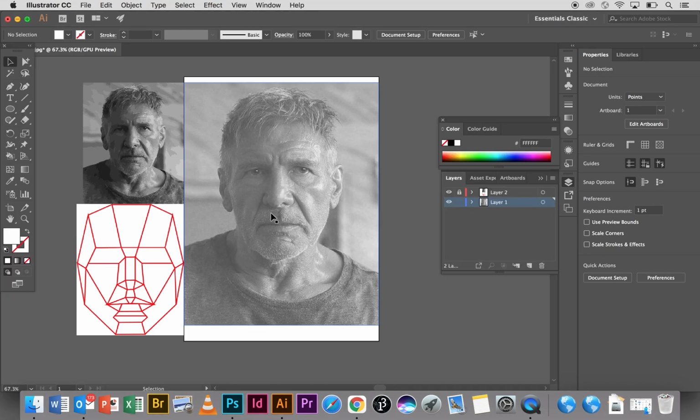So now we've got the image we're going to work with, the opacity down. I've referenced images to the side here. I'm going to lock layer 1. I'm going to create another layer and I'm going to name this layer facial